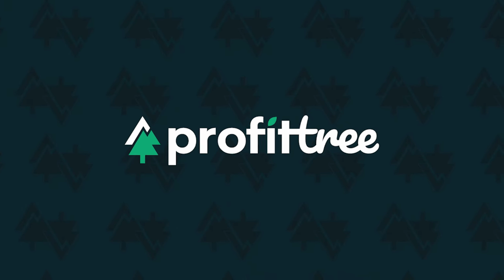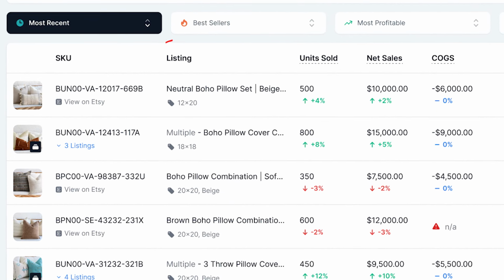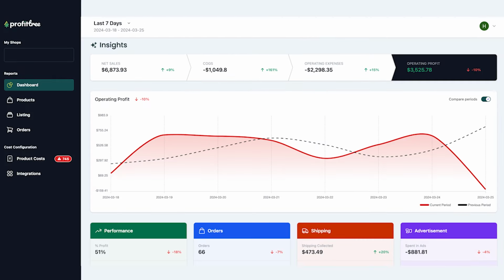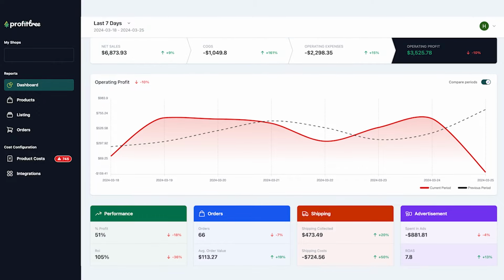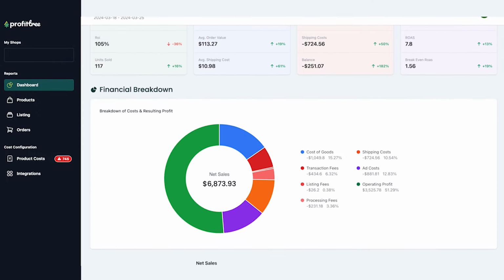So even if you don't have a SKU system, you could use our tool Profitry, where you can actually go in and input all of your product costs on all of the products that you have in all of your listings, so you can begin tracking your cost of goods sold on a per sale basis. Profitry works without you having a SKU system,